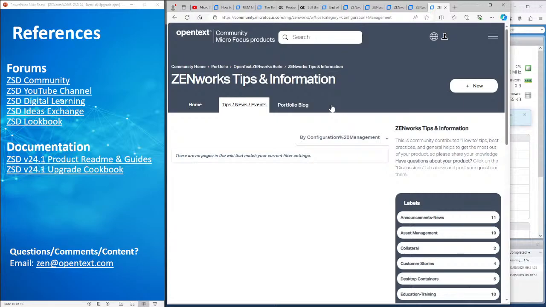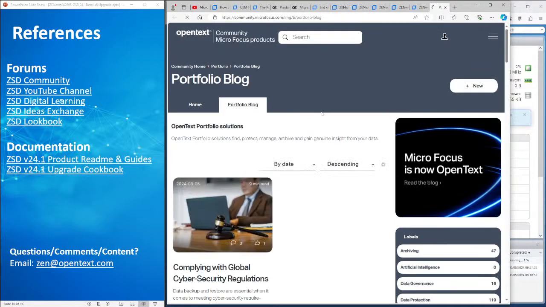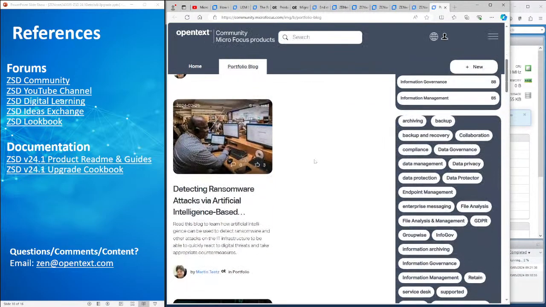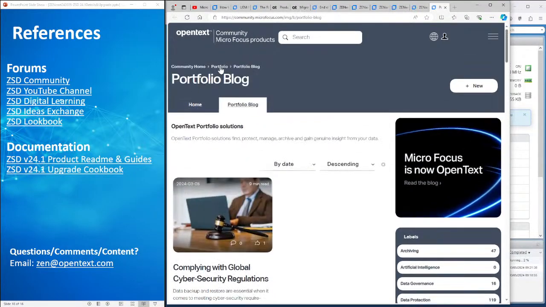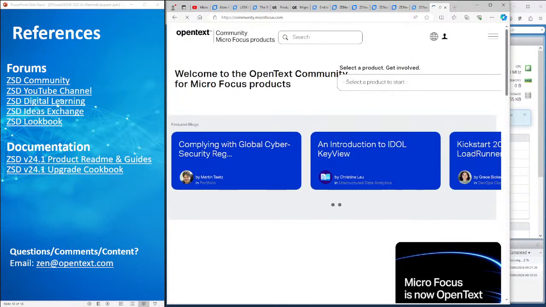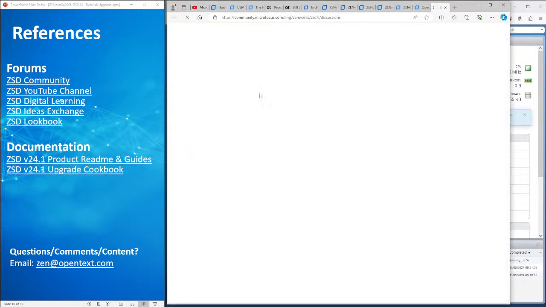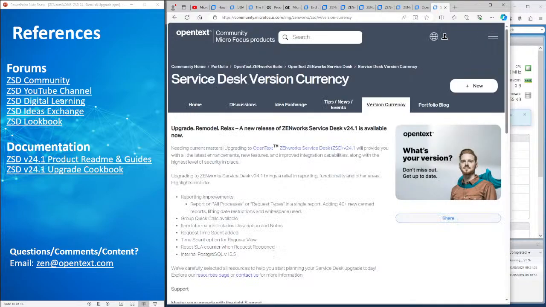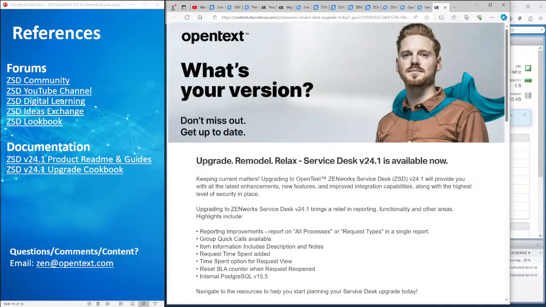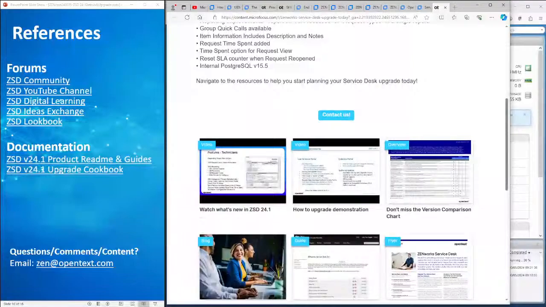And the other thing that's fairly important, there's obviously the portfolio blogs of the different products, right? But if we go to the ZSD community and go to version currency, this tells you the latest version that's available, as well as the lookbook. ZCM has this as well. All the products here have this. So you can actually get a comparison chart and see which features are new,